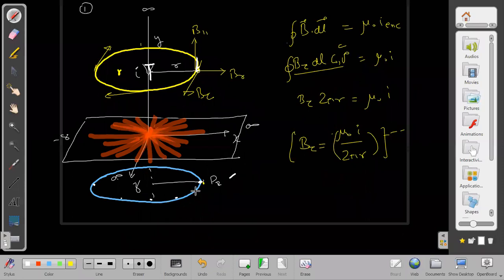Similarly, if he's asking to find the tangential field in this space, in this blue line, then I think everybody understands what it will be now. Same way we will proceed, but on the right hand side no current is enclosed inside, so it is 0. This blue color, how will you represent it? You call it B dash, here you call it B dash tau. So B dash tau is coming out to be 0 by the same logic. As far as B parallel and B radial, I have to think about whether these are there or not.